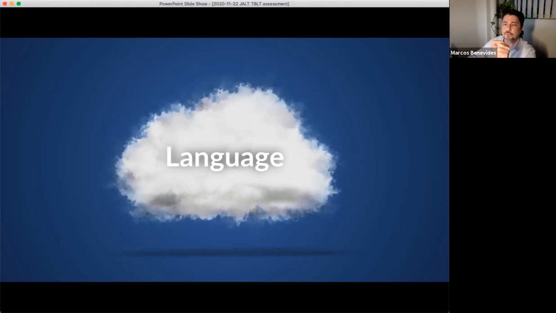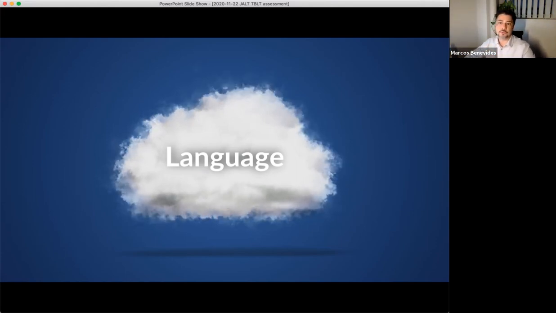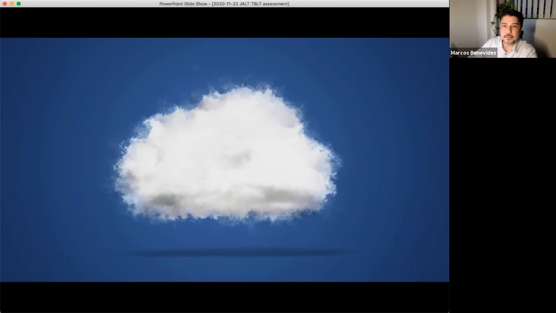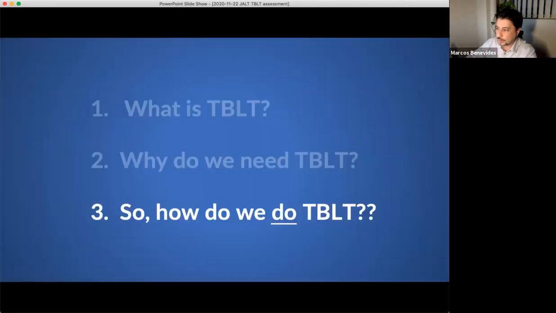But the important thing is to not lose sight of this holistic nature of TBLT, which teachers tend to do. And this is why when I do teacher training workshops on TBLT, I try to stress this case, because we have a tendency to revert back to a more sort of systematic grammar approach, because that's the way that we've been taught, essentially. So the question then becomes, how do we do TBLT effectively?